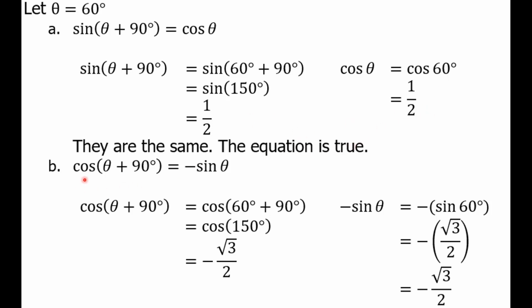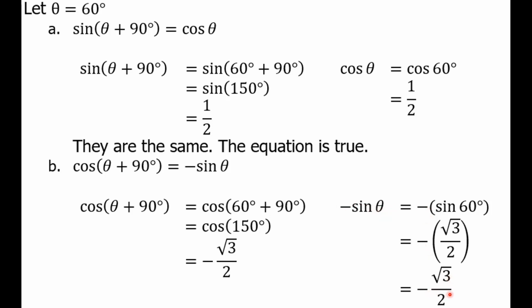So what about cosine of theta plus 90 degrees? Should it be equal to negative sine theta? Let's prove it. Substitute theta, that is 60 degrees. So we have 150 degrees, the total. Cosine 150 degrees is negative square root of 3 over 2. 150 degrees has a reference angle of 30 degrees and it is found on quadrant 2. That's why the x coordinate is negative. Okay, 60 degrees is on quadrant 1, but since that's negative, then the final answer is negative square root